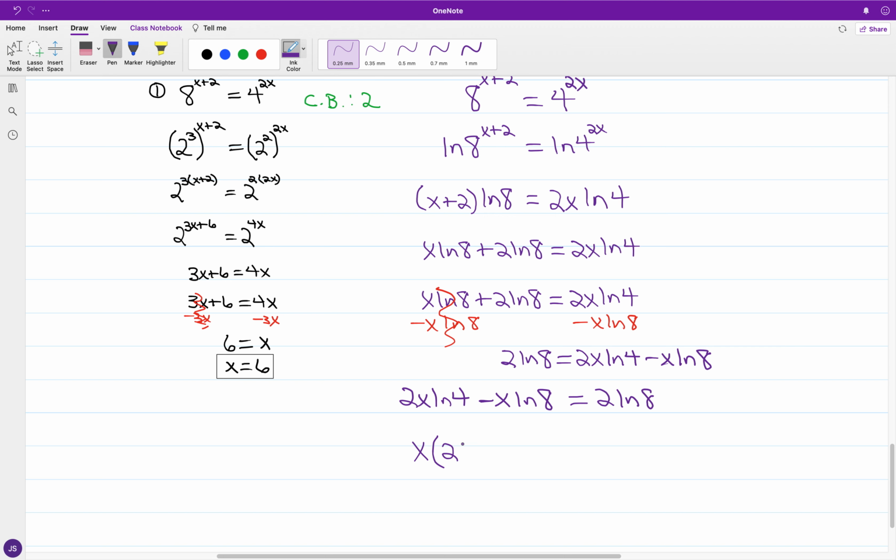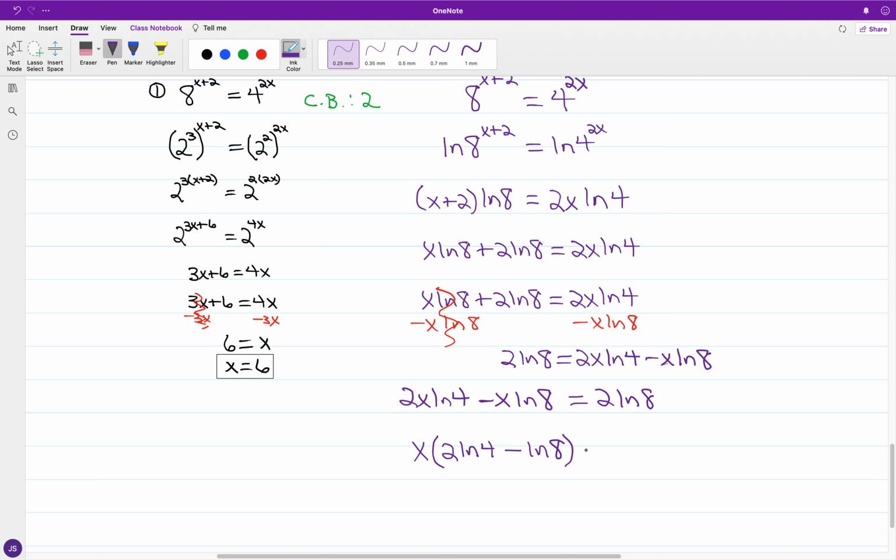so I have x times the quantity of 2 times the natural logarithm of 4 minus the natural logarithm of 8, is equal to 2 times the natural logarithm of 8. And again, just for x, you have 2 times the natural logarithm of 8, all over 2 times the natural logarithm of 4